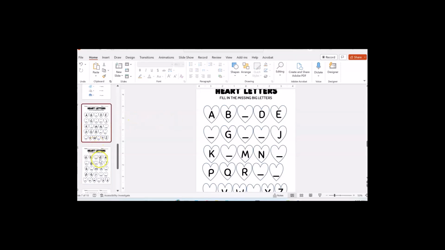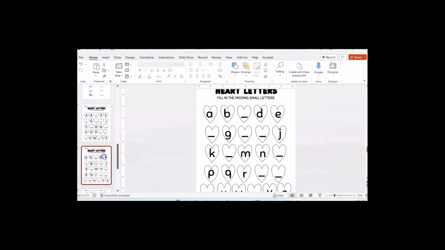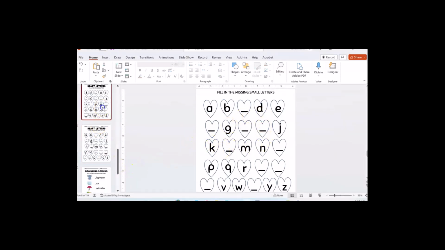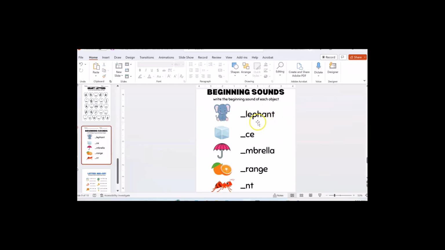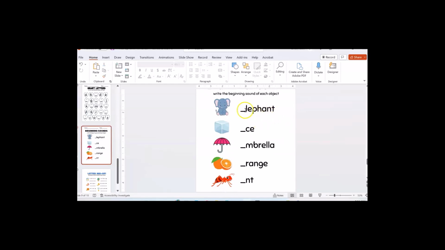And so I did two versions of that, an uppercase version and a lowercase version as well. I think so far I've put the letters in the same place. And this is actually a vowel sound as well, so you could do vowel sounds. It says write the beginning sound of each object. This is phonics type work, so elephant, ice, umbrella, orange, ant, and you could do a whole bunch of activities like this,